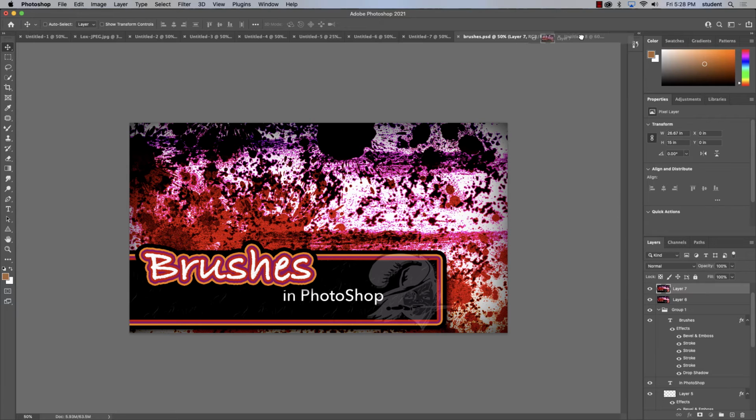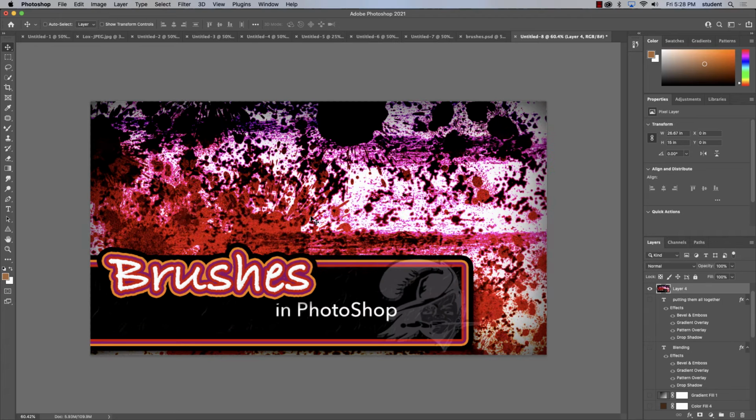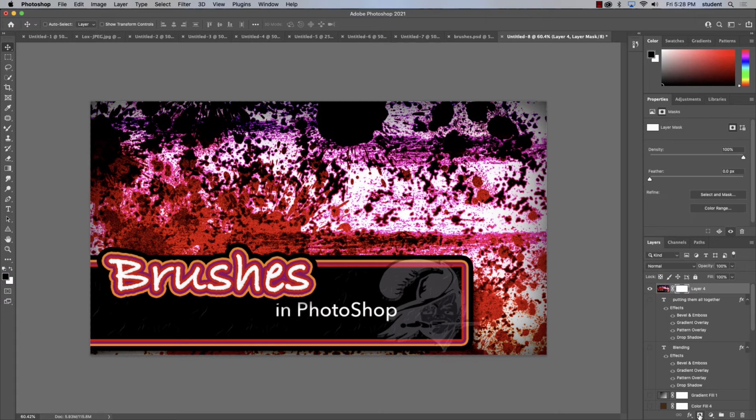Now that I have that there, I'm going to come over here, and as I bring it into this one, I'm going to hold Shift so that it automatically centers. Okay, well, that's great, except it's not blending with what's underneath it. So the easiest way to start to create a blend between two or more layers is we're going to